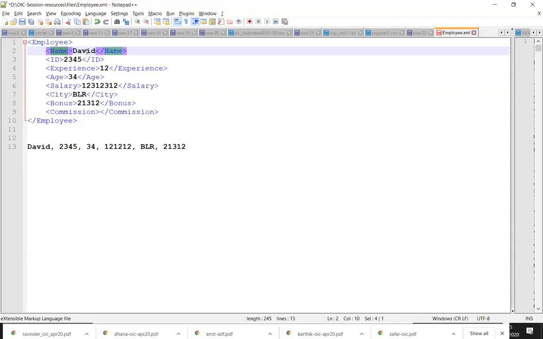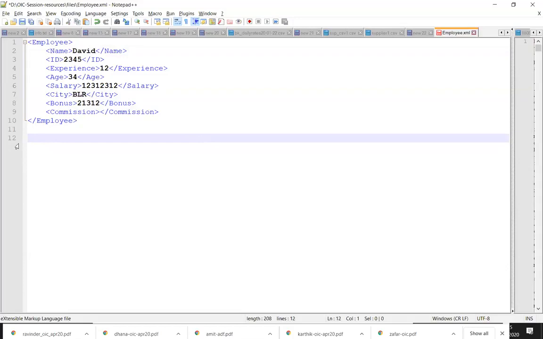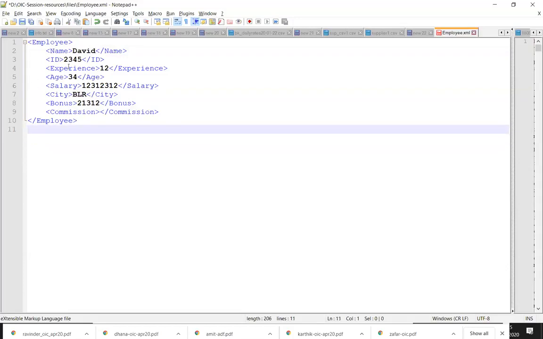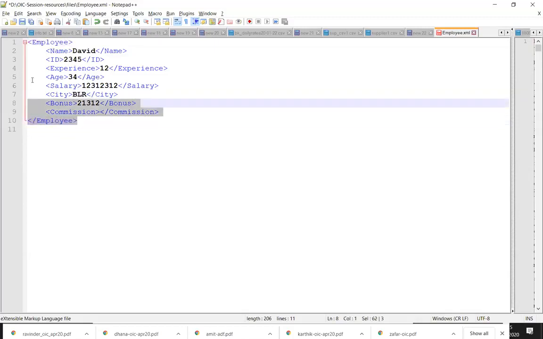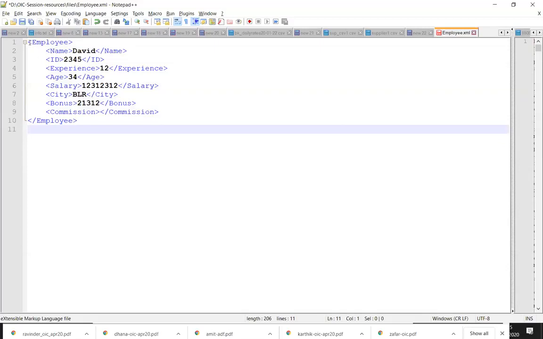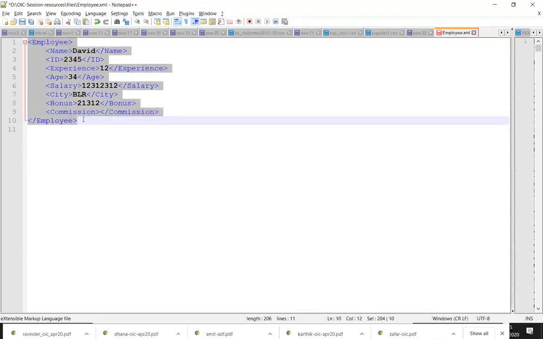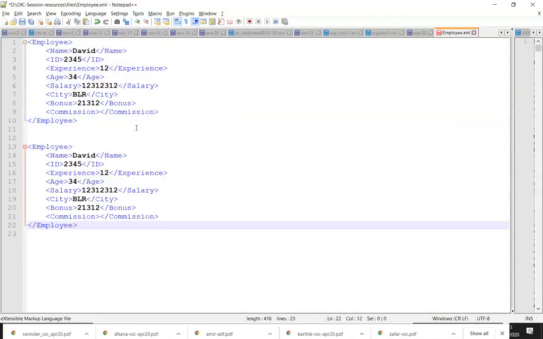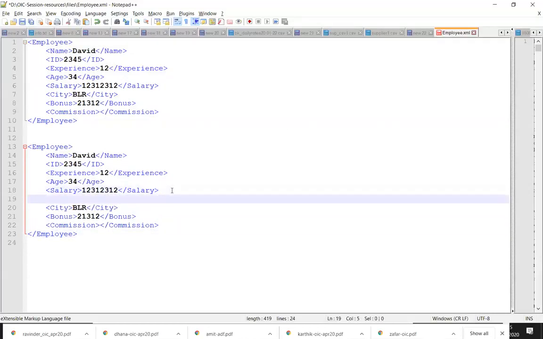That is one reason. What is the second reason? The second reason is that XML is very, very flexible and extensible. Why? What is the meaning of extensible or flexible? Let's say my employee is represented like this. You are saying your employee is something different. Your employee is not like this. My employee has employee and city. I'm also having one address like this.